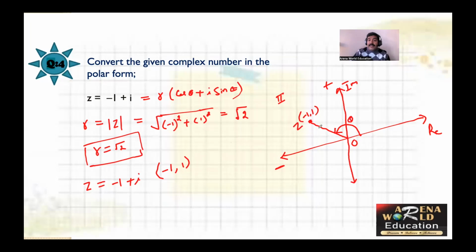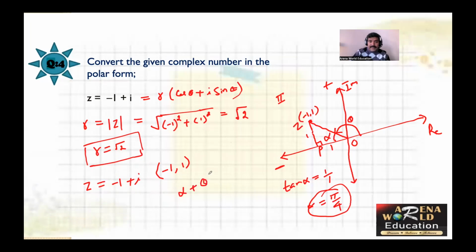But before finding theta, what we do? We find the value of alpha, right? So now look at this one. Here it will be 1 OP. This will be 1 and ZP is also 1. Now what is tan alpha? Tan alpha is equal to 1 over 1, right? It means tan alpha is 1. So alpha will be equal to pi by 4, right? It means